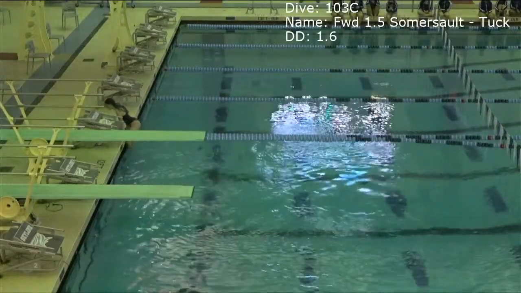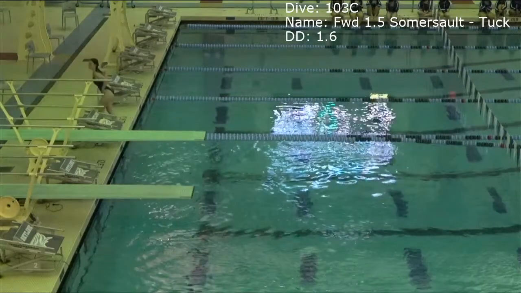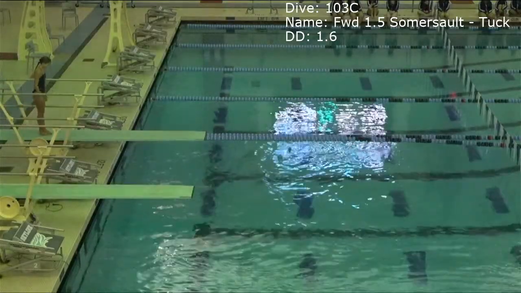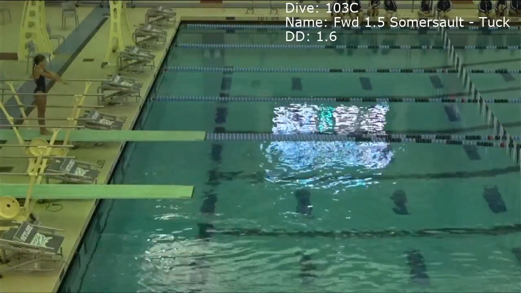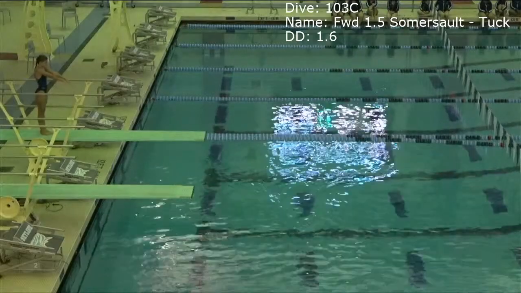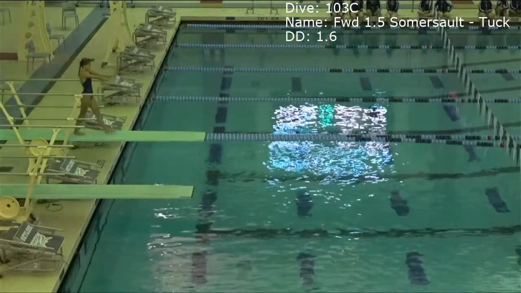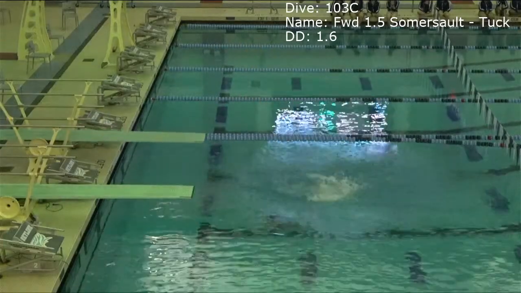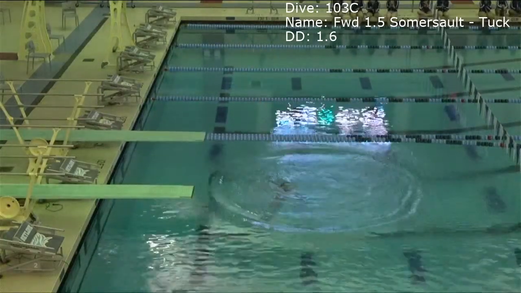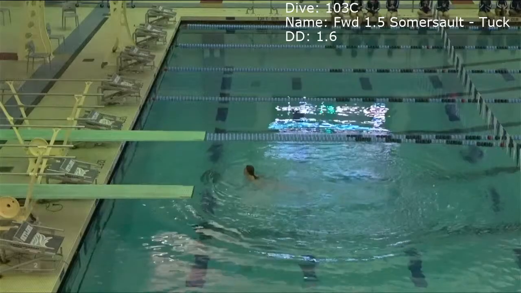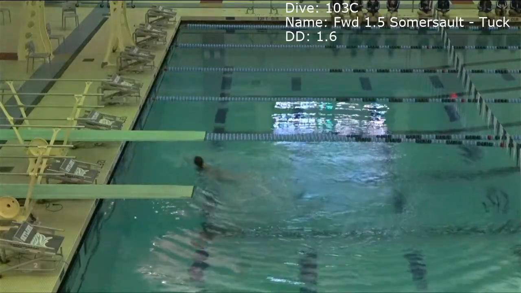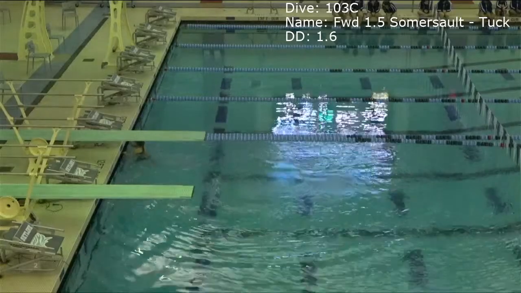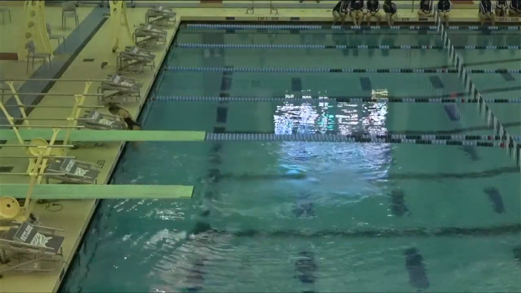Violet's second dive is a 103C, forward 1.5 somersault in the tuck, degree of difficulty 1.6. Scores for Violet's second dive, 5.0, 5.0, 5.5 for a total of 24.8.